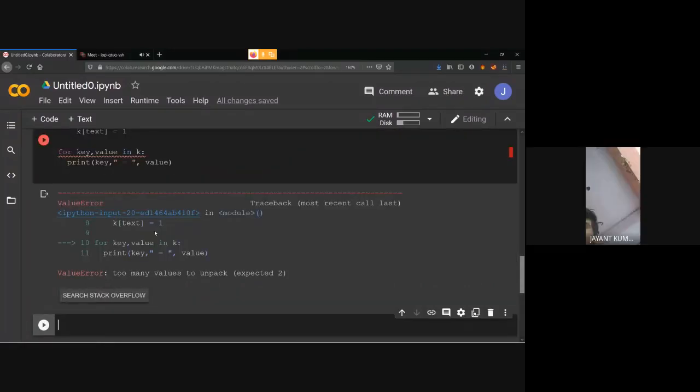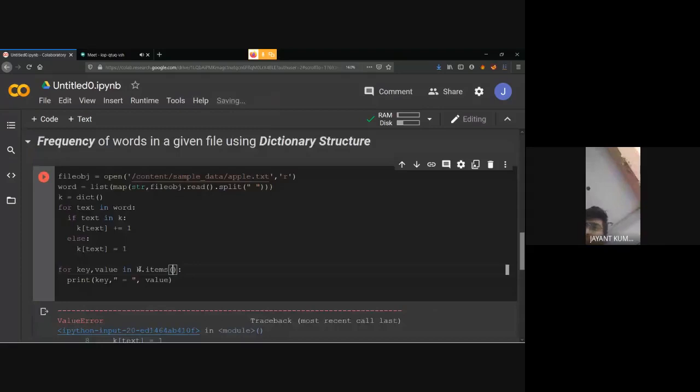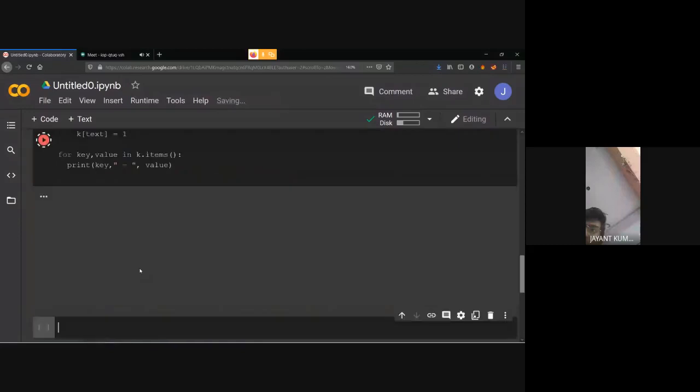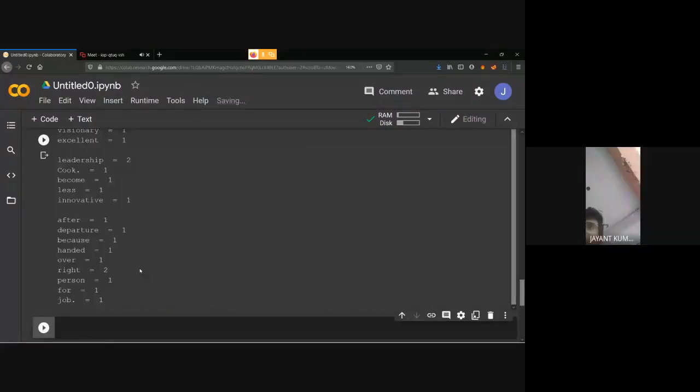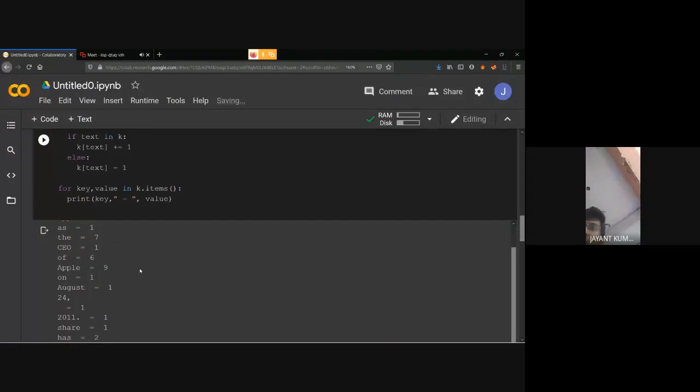Here in the dictionary we cannot directly iterate it, so we have to take the items structure, which will give us each item one by one. After that, we will see the key and value of k items. So we have a list of key and value pairs in the items. You can see that we have a list of this in a better manner, like team is used 3 times, cook is used 2 times, was appointed, others, and all that. It shows how many times each is used.